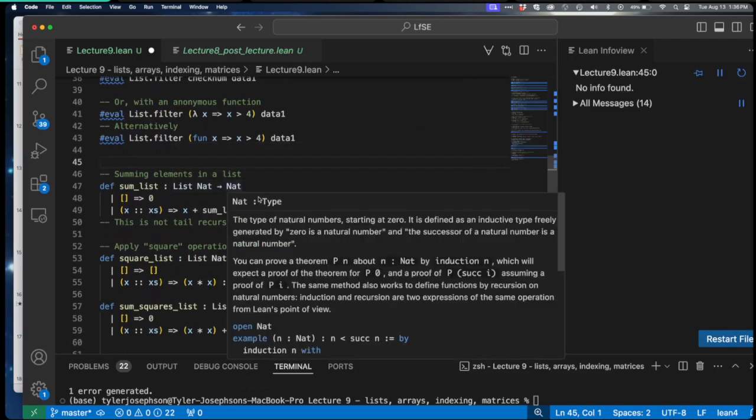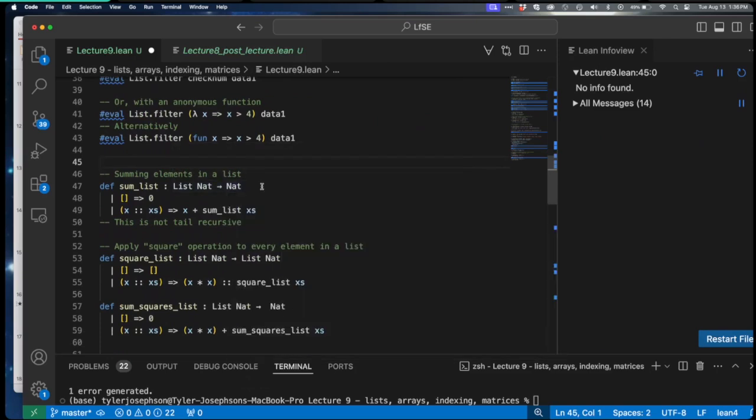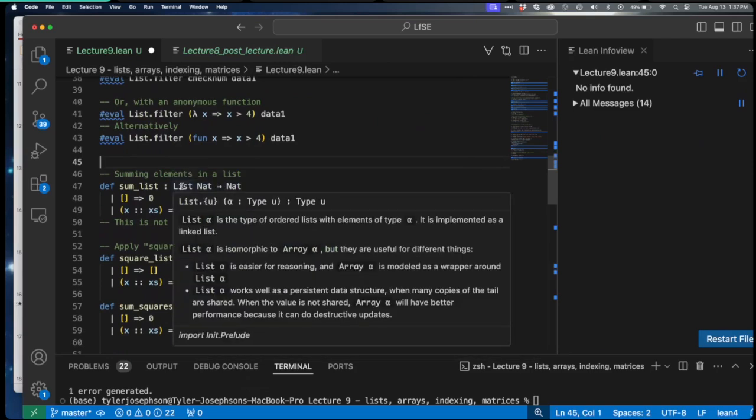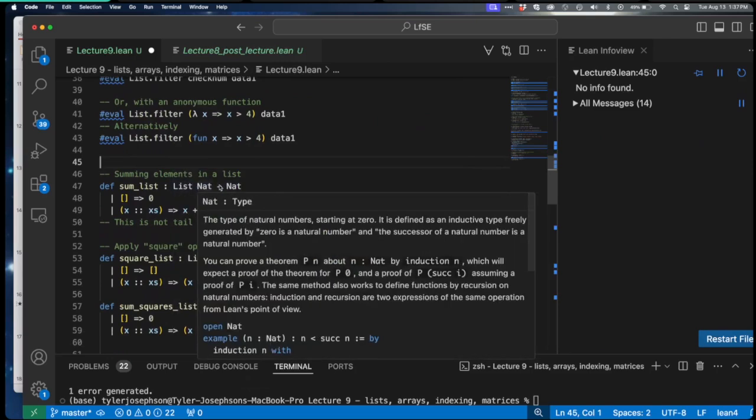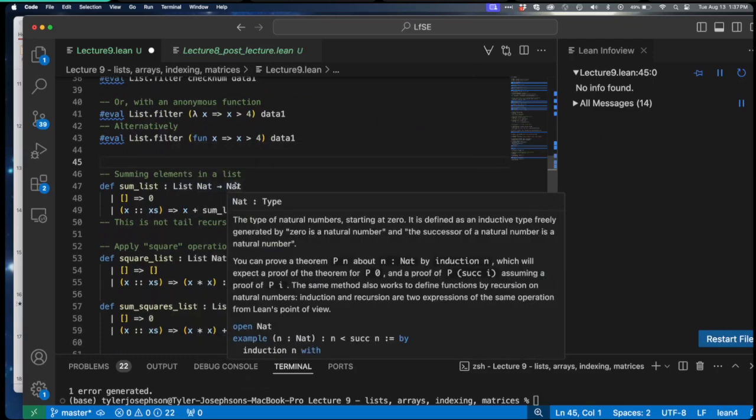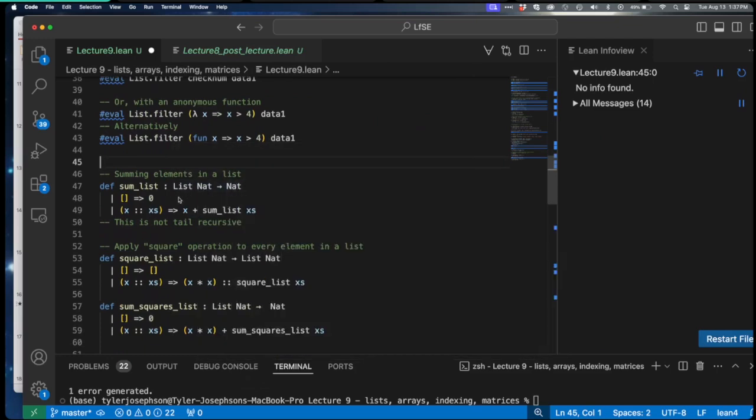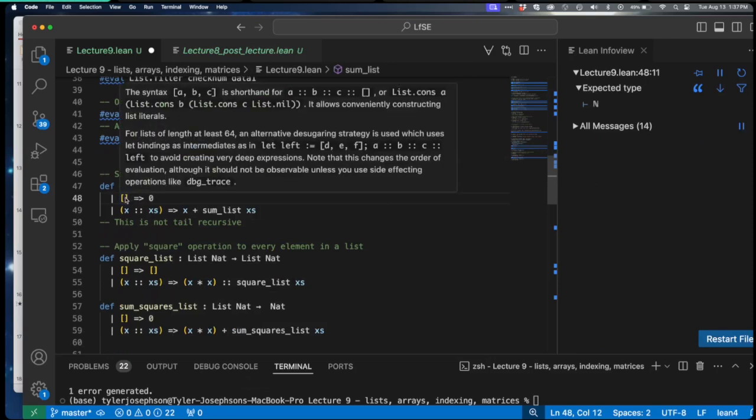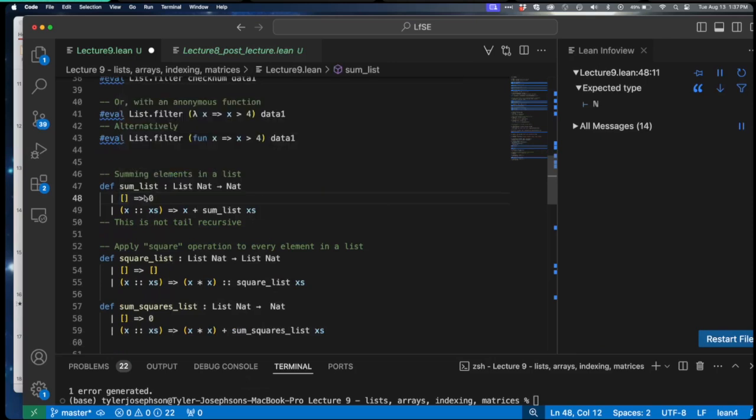Last time we talked about how to sum up the elements in a list. And this is setting it up as a recursive function of type list of natural numbers going out to a natural number, because I'm going to output a natural number after adding up all the terms. And the way to walk through this is, if I have an empty list, this is going to return 0. If I have a list that is not empty, I'm going to pattern match to this